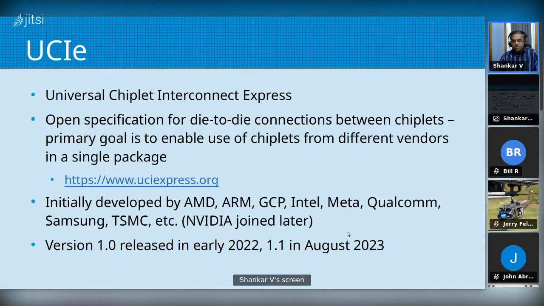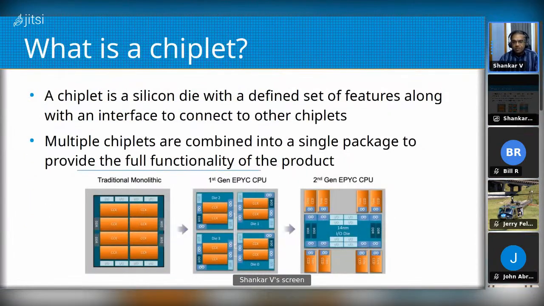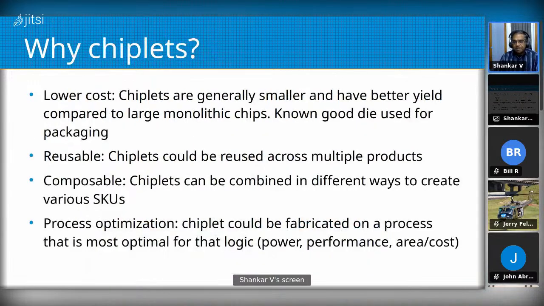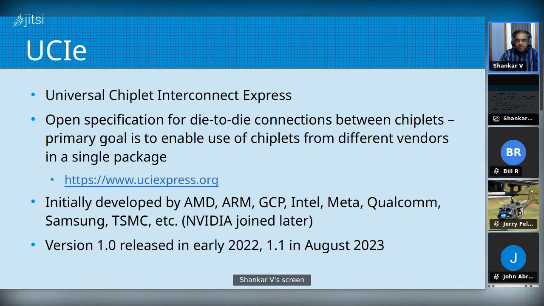Then the question becomes, okay, we have all these chiplets, that's great. Well, how do we connect all of them together? So far, it's always been proprietary protocols. AMD developed their own, other companies came up with their own way, and because we were just using chiplets between the same company, AMD designed both sides of those products. We could define our own protocol, but there's clearly a benefit to having a standardized protocol, so that you can mix and match